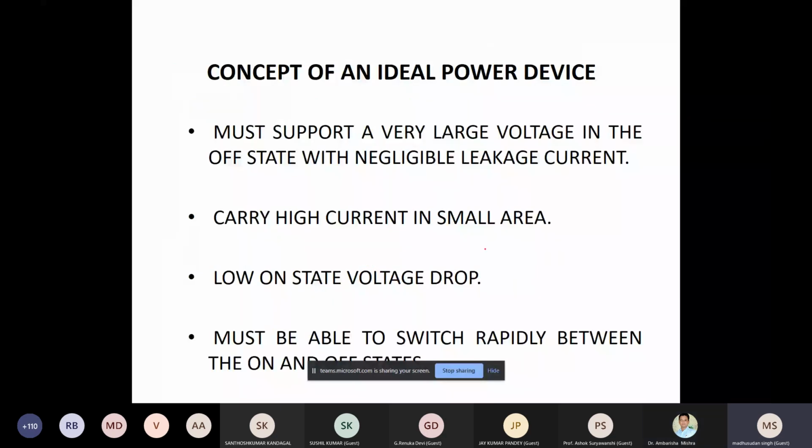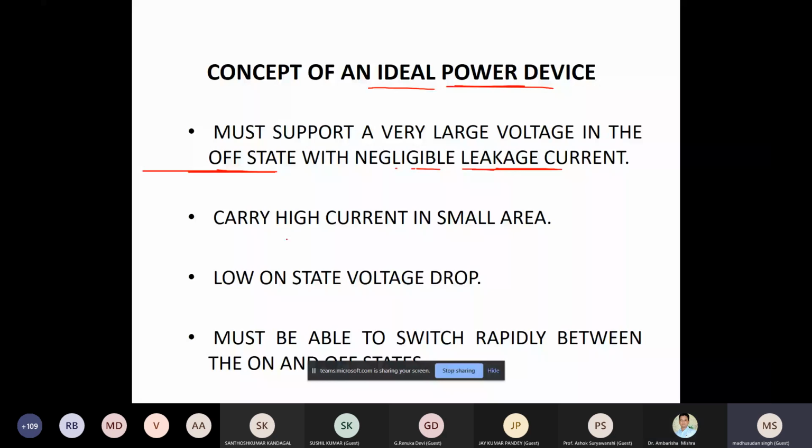Now let me tell you that whenever we use a power electronic device, whether it is a thyristor or a transistor or a device which comes under the category of MOSFET and IGBT, what is the ideal expectation as a user? As a user, we have certain ideal expectations, but we never meet those expectations in real practice. Every device must have very large voltage blocking capability when it is in off state, right? So if it is in off state, the current through the device is almost negligible, must be leakage current, but the voltage